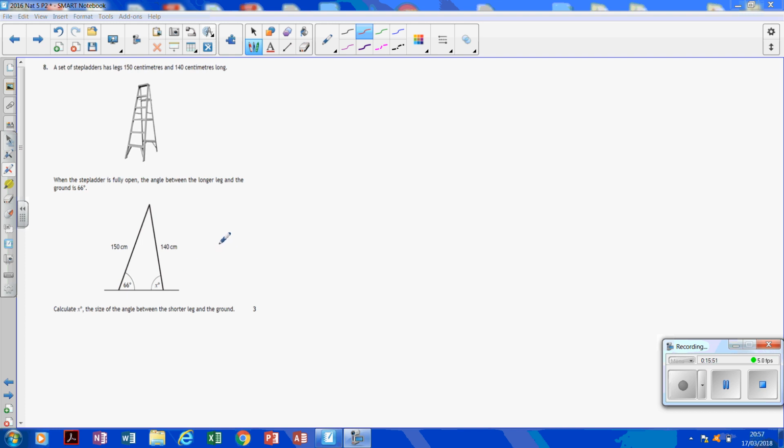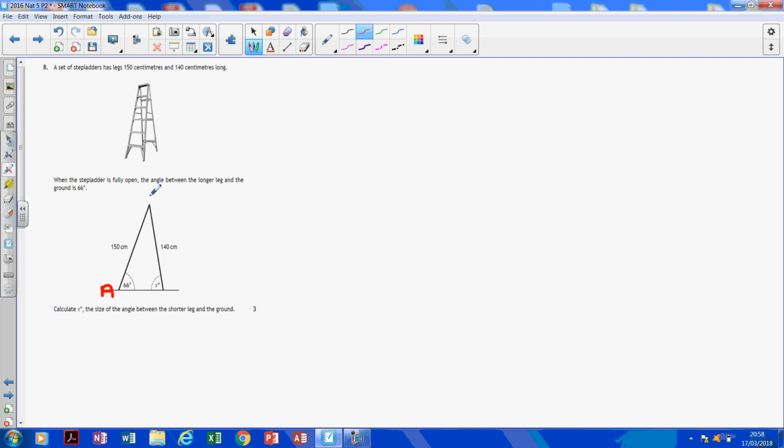Now, in this question, it's not a right angle triangle, so it's not SOHCAHTOA, so it's either the sine rule or the cosine rule. Only one side is given there and one side is given there. So we know two sides, don't know anything about the third side, don't want to find it out. So all three sides are not involved, so therefore it is not the cosine rule, it's got to be the sine rule. Now the next thing we do is we have got to label this triangle, so I'll call it